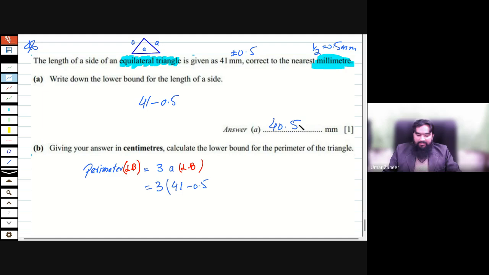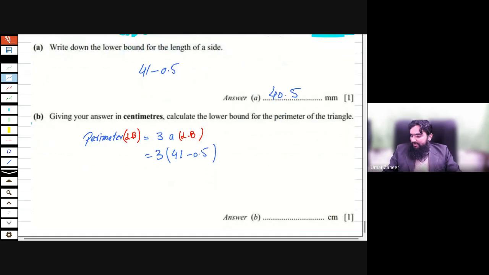You already found the value in all of these parts, but I'm going to write this again and again so you are very clear how to find the lower bound, the upper bound, and how to substitute the value in the formula. Always write the general structure first. In bound questions, if the general structure is correct, and you keep those 4 cases in mind, you can easily do all types of questions. So 41 minus 0.5 is 40.5, and 3 multiplied by 40.5 is equal to